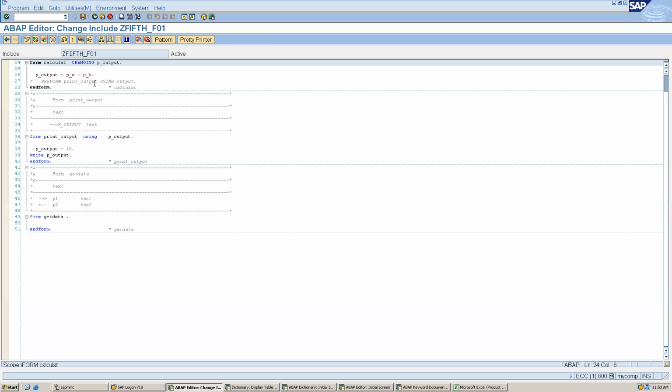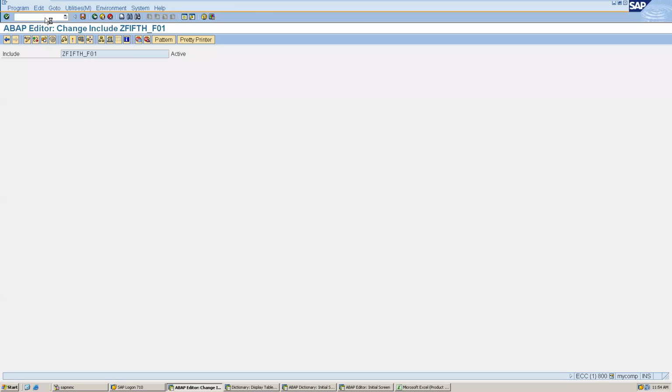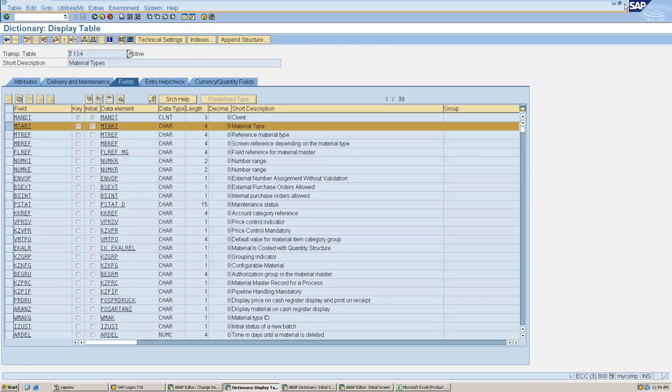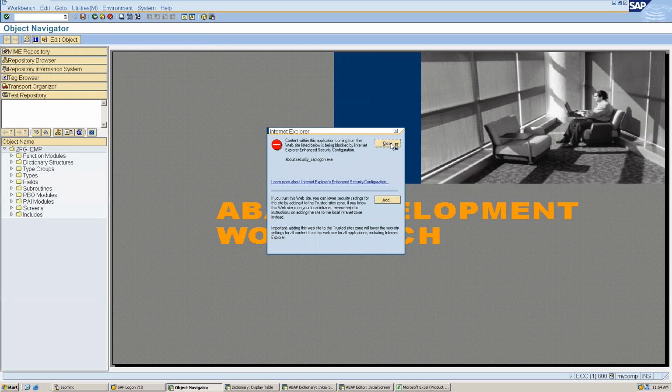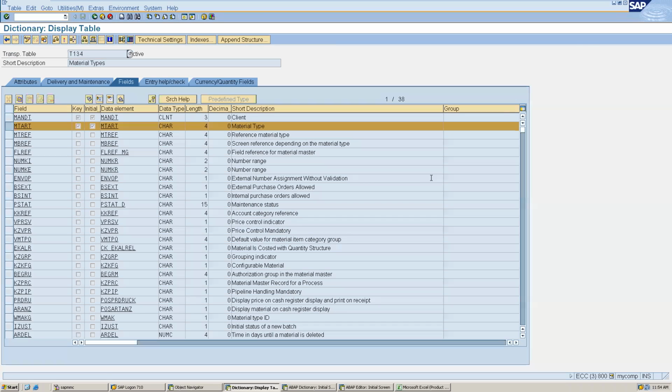So in this case, what can we do? The best way is to create something which can be shareable between multiple programs. In that case we can create a function module. Before the function module, we have to create a function group. So how can we create a function group? We can go to the SE80 transaction. Did you get why we are creating a function module? So that we can write some program which can be reused in multiple places. That is the main purpose.